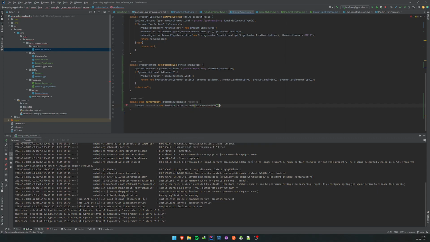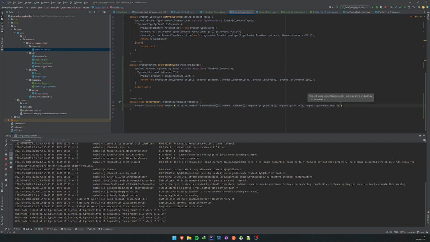This will create a random UUID, and UUID is part of the Java util package, so you will be getting it everywhere, no need to worry about that. Now request dot get name, request dot get quantity, request dot get price, and request